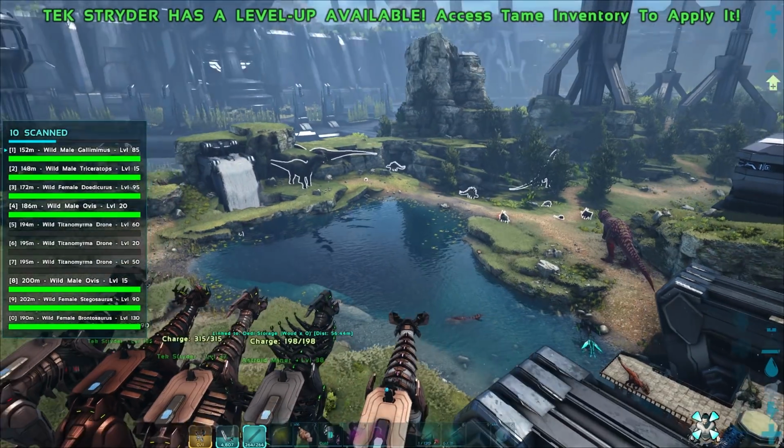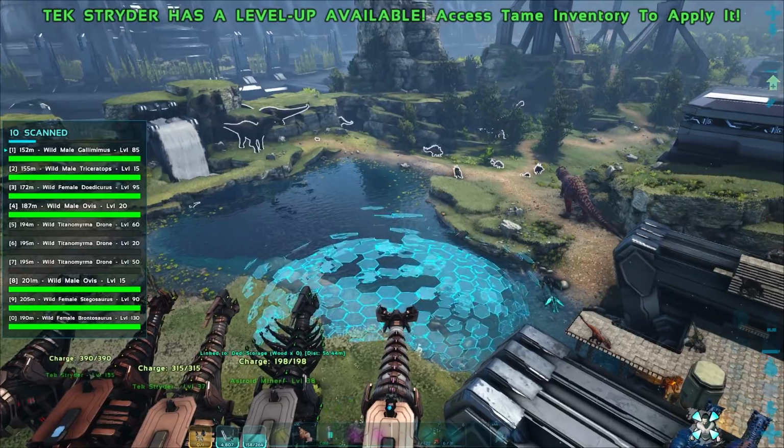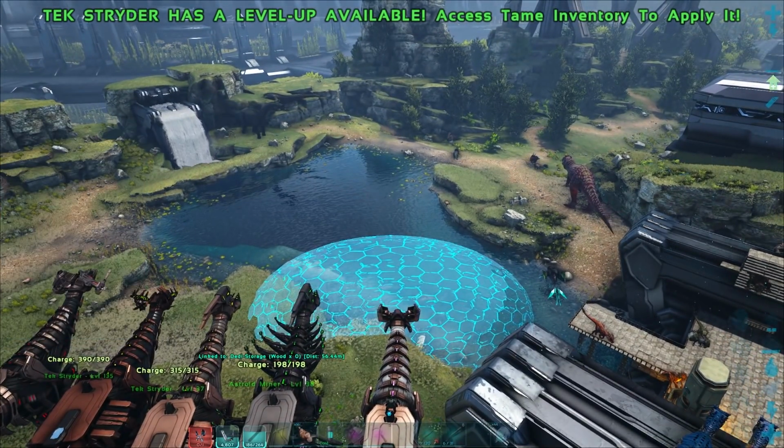All right, now the side-mounted one, that's always the C button. Right now, see this one right here, it's a shield that goes out in front of you. Now, this shield...